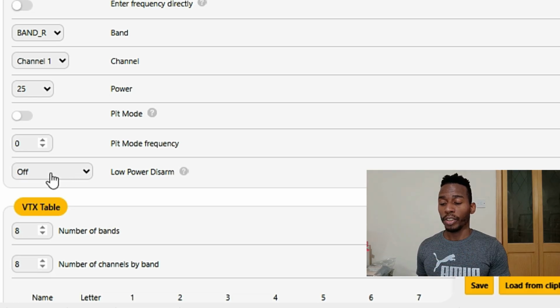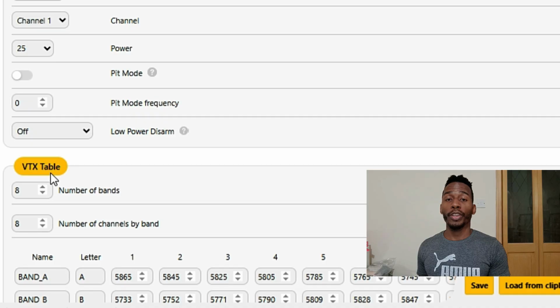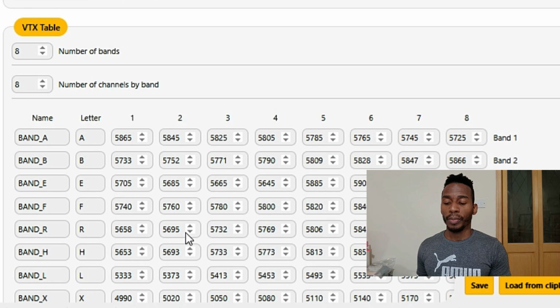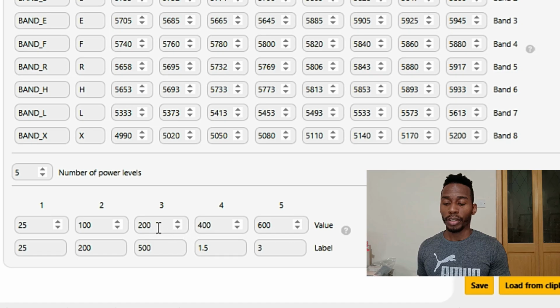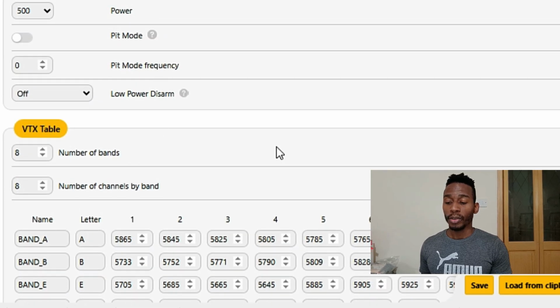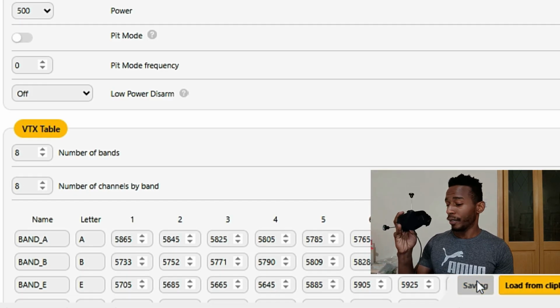So like 25 watts when you're low power disarm, and when you arm your drone, it goes to the power that you actually chose, which is, if I choose 1.5, let's choose 500. 500 will basically be 500 watts. So here I can click on save, and from this here